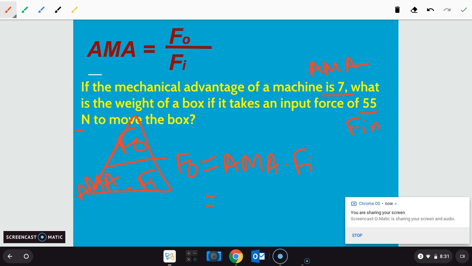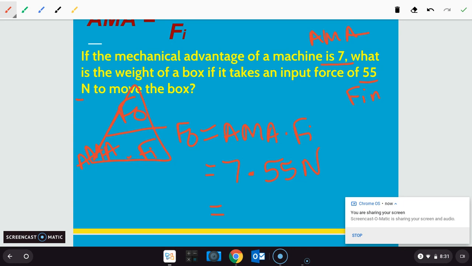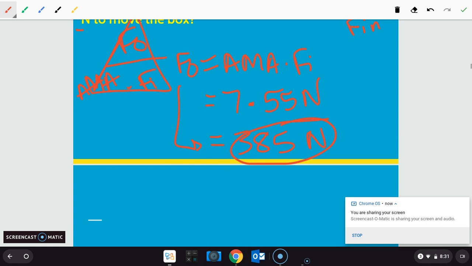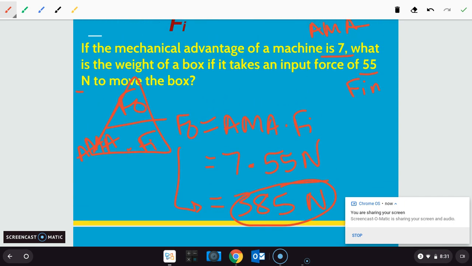So I would have 7 times 55 newtons, which gives you, again, the same answer of 385. And this is newtons because it is a force, so it has to have newtons behind it. So that is it for this